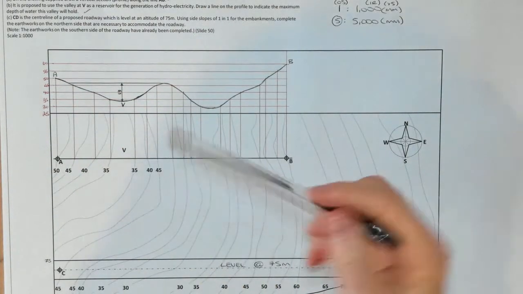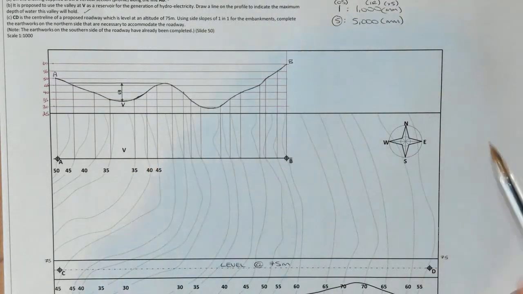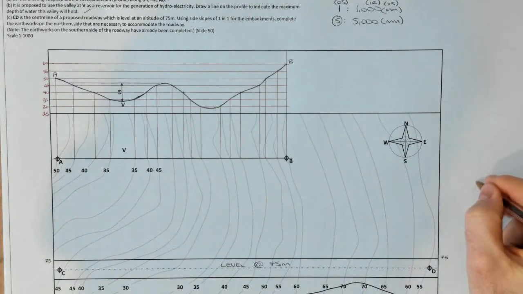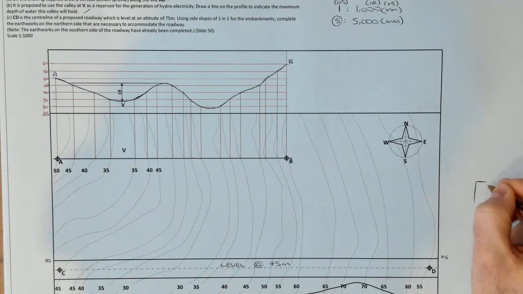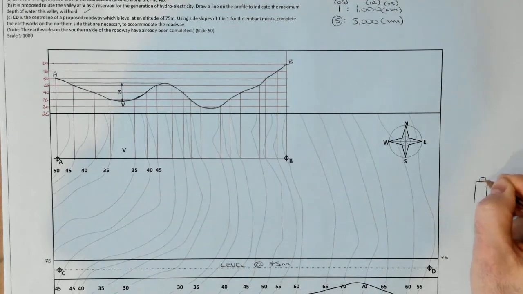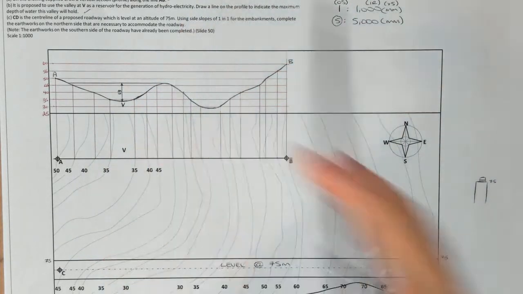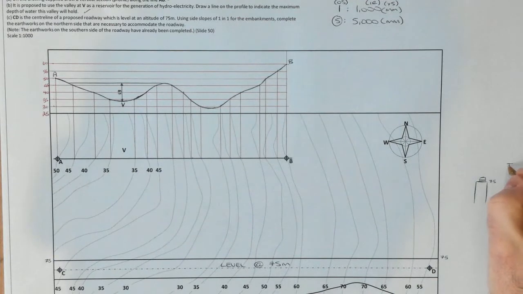Now, what we have to do is, it says using side slopes of 1 and 1 for embankments. So what that basically means is, if I imagine this was a road here, and I took a slice through the road, look, there's a kind of a car on top there, okay? The road is at 75 here, and what we're going to use is, using side slopes of 1 and 1 for our fill,